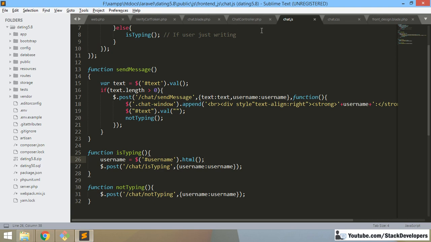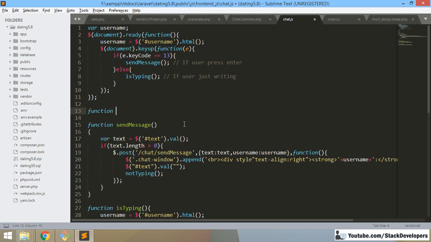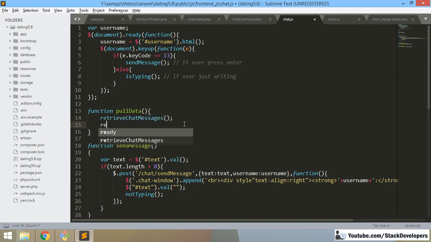We will create two more functions in the chat.js file. First of all, let's create one more function here that will be called the pullData function. In this function I am going to call two more functions that I am going to create: retrieve chat message, and one more function, retrieve typing